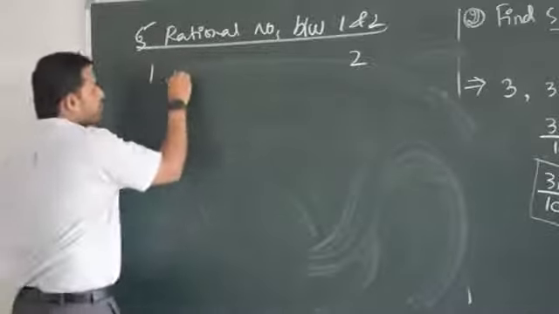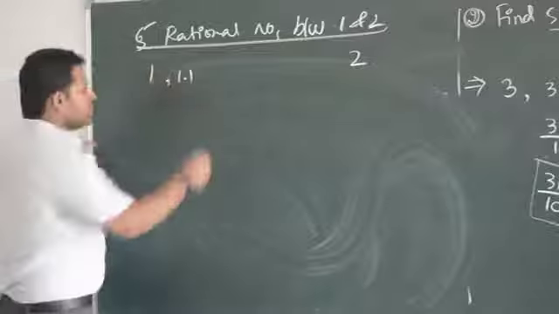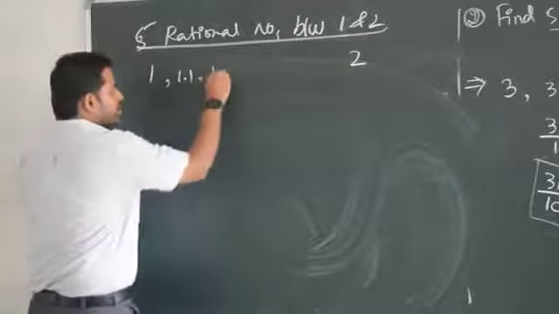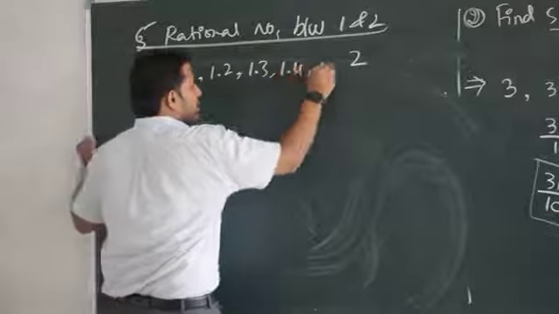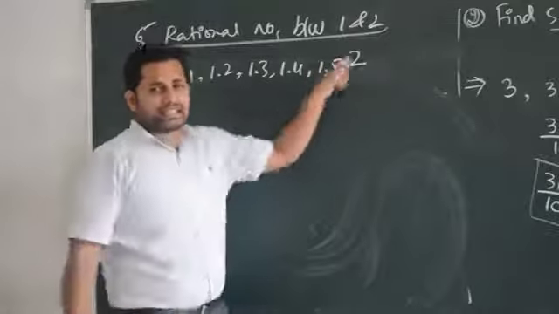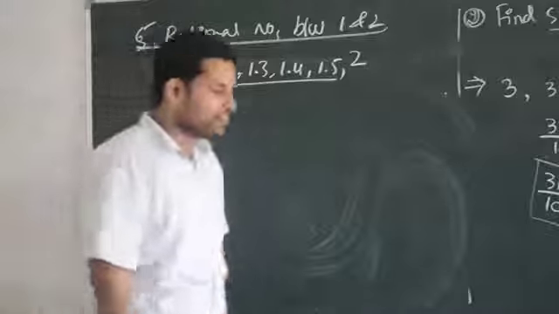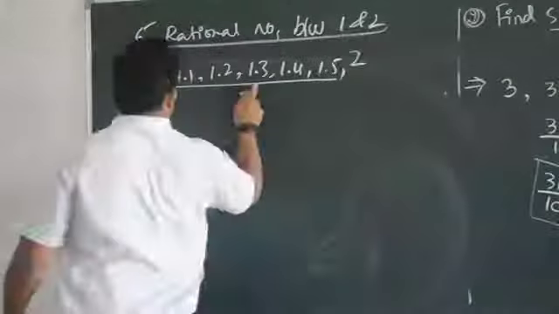Let me take the first one as 1.1. This is one number, no? It falls between 1 and 2, 1.1. Then I have other numbers also, but I am taking easy ones. So it is 1.2. Next I have 1.3. Next I have 1.4. Next I have 1.5. 1.6 and everything will come, but I want only 5, no? These 5 numbers are there, just count them. How many are there? 5 are there, no? That is more than enough. 1, 2, 3, 4, 5.